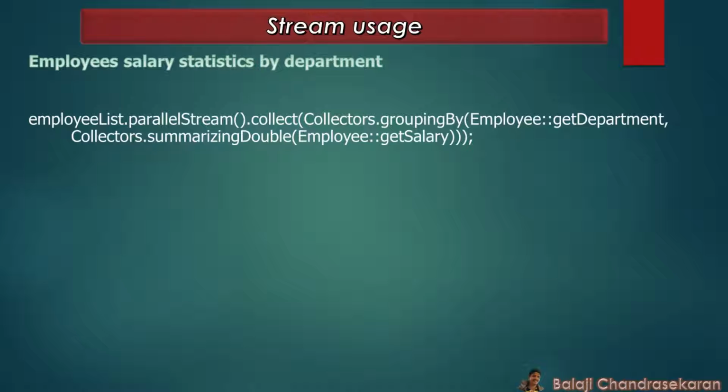This results in a map where the keys are the departments of the employees and the values are the DoubleSummaryStatistics objects containing the summary statistics such as count, sum, mean, average, and max of salaries for each department. Overall, this code snippet produces a map where each department of employees is associated with the summary statistics of their